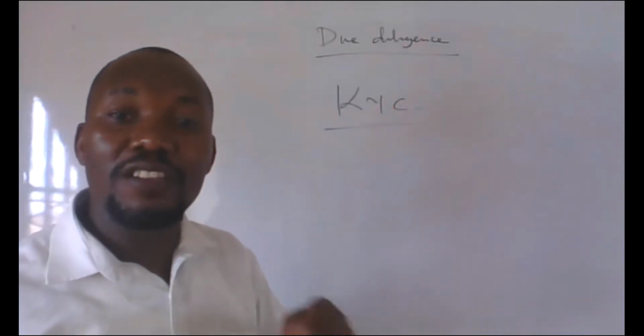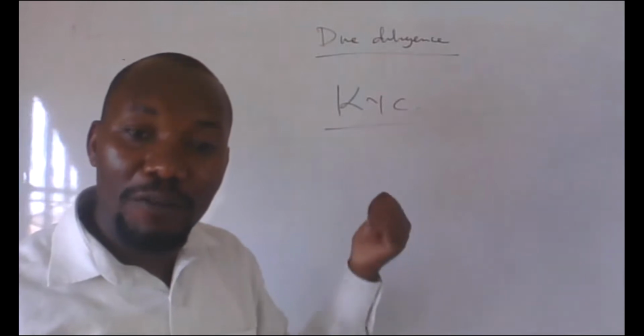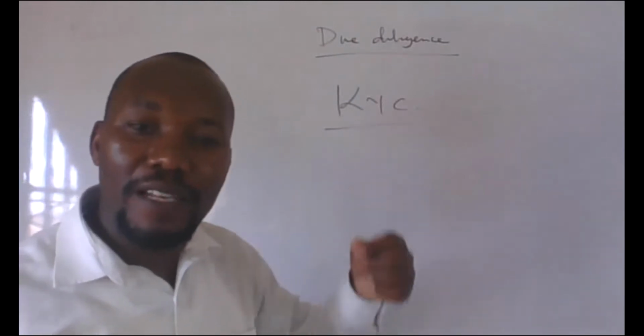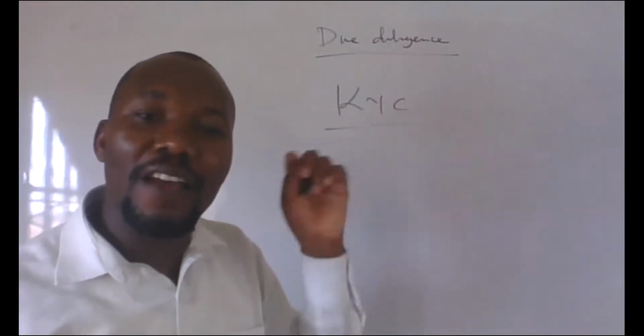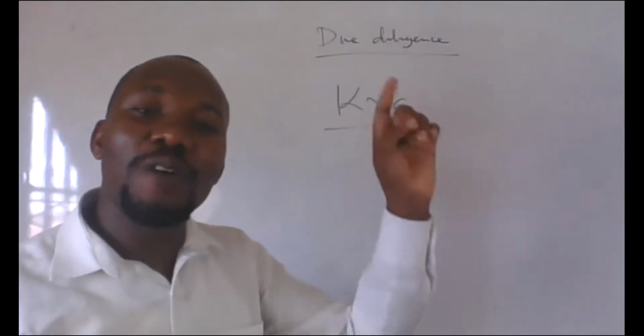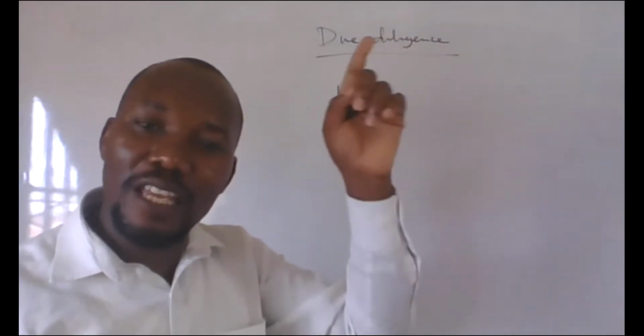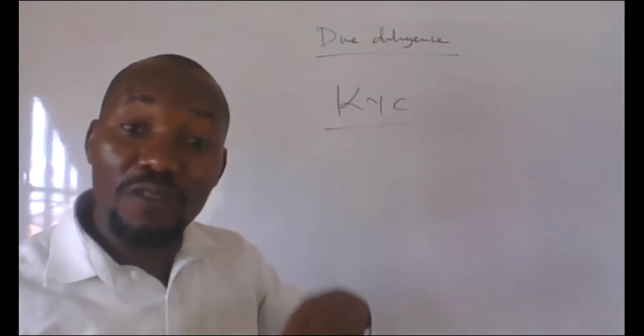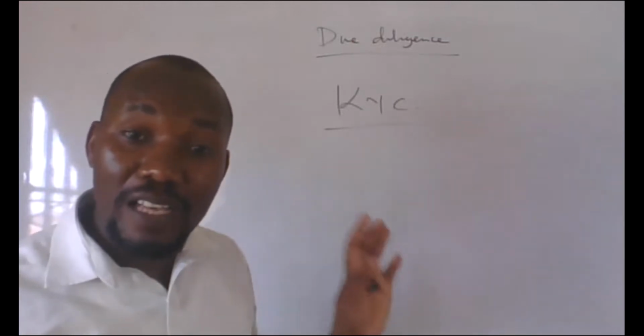The reason is the central bank feels like, remember we did money laundering, that you can open that account, you put money there, and that money can actually help to facilitate those bad behaviors in your country. And the central bank will be in trouble. World Bank will ask, and IMF.